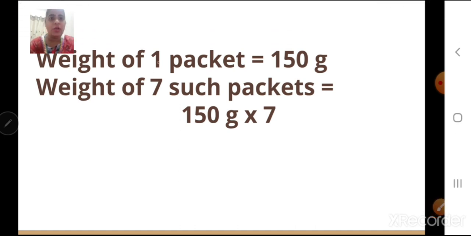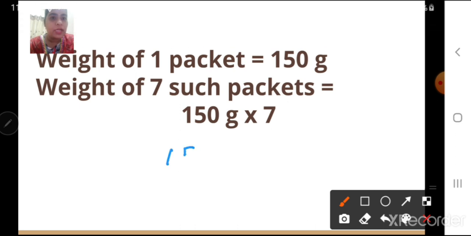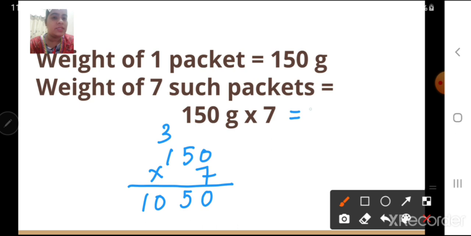Statements will be: weight of one packet. Whatever is given in the question, that only we write as the statement. Weight of one packet is equal to 150 grams. So weight of 7 such packets is equal to 150 grams into 7. Now we will multiply 150 into 7. 7 zeros are 0, 7 fives are 35, 7 ones are 7, plus 3 is 10. So our answer is